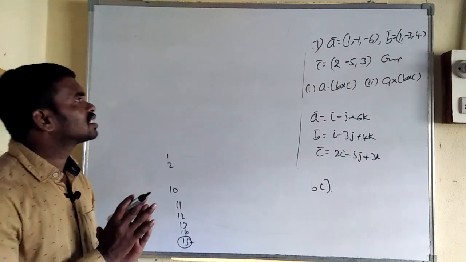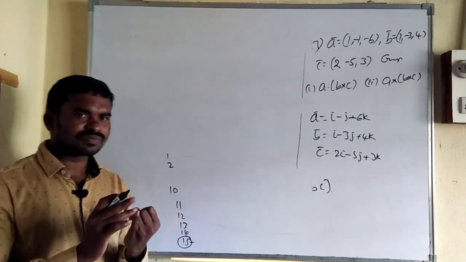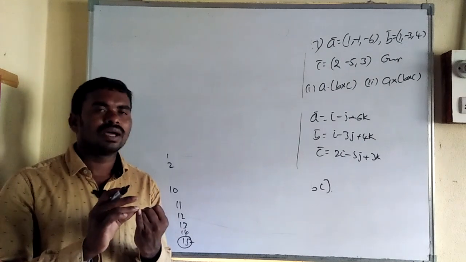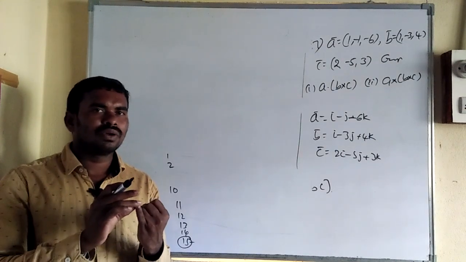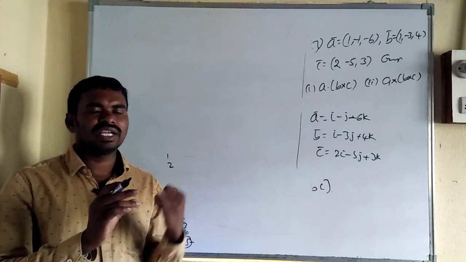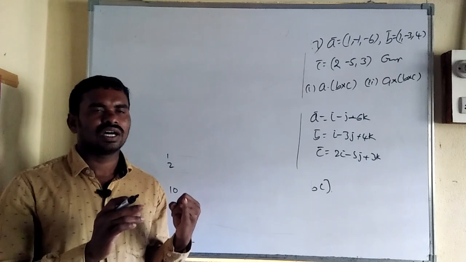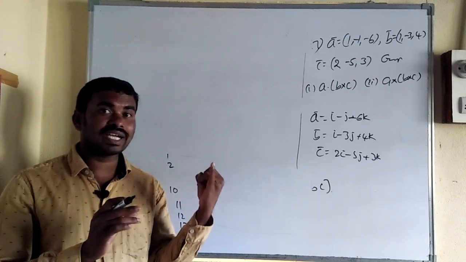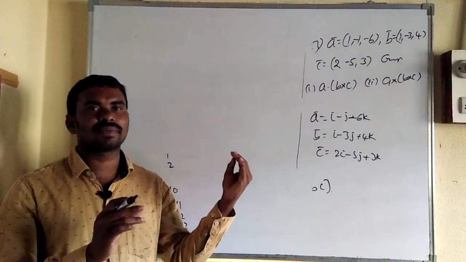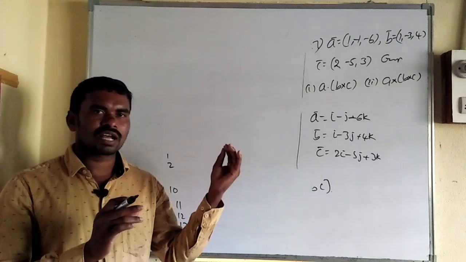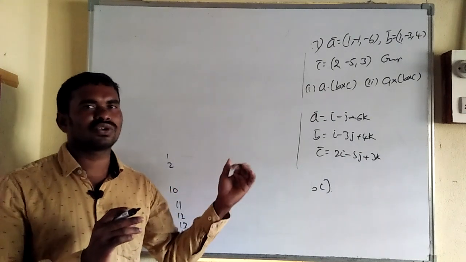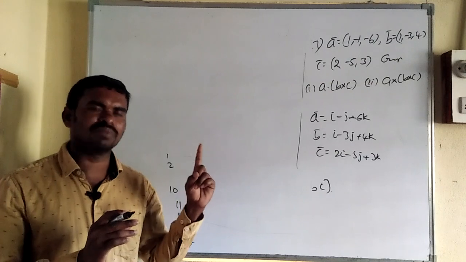Okay, some more important things we have discussed. First, the unit vector perpendicular to both small a and small b is plus or minus a cross b by modulus a cross b, first formula. Otherwise, the unit vector perpendicular to the plane of points P, Q, R is plus or minus PQ cross PR by modulus PQ cross PR. That is the first formula, that is very important.